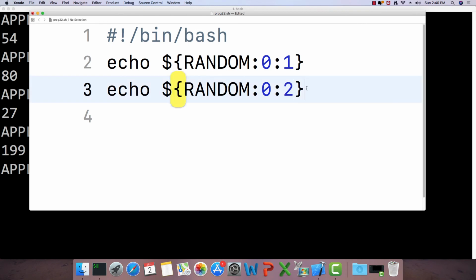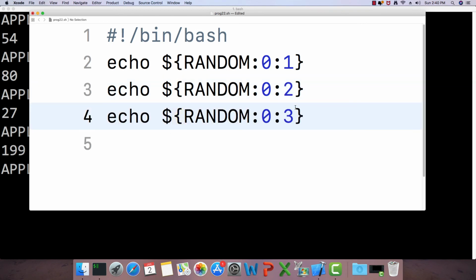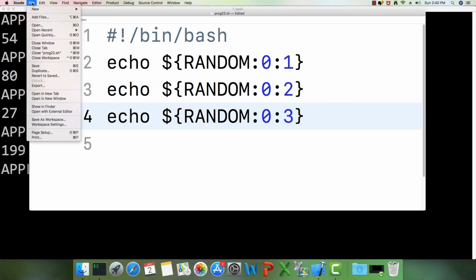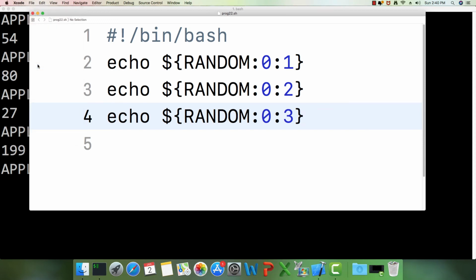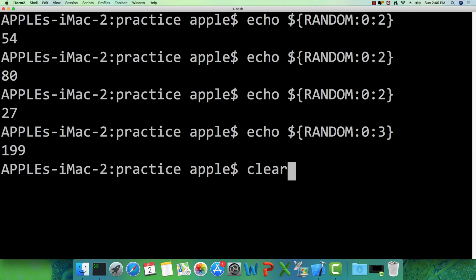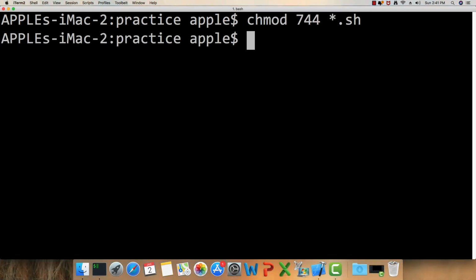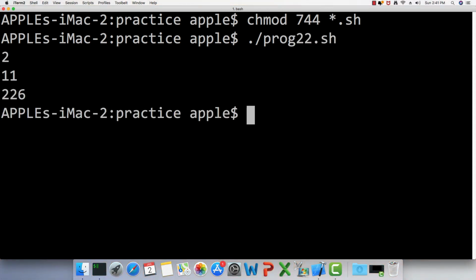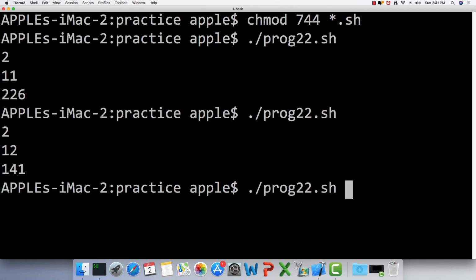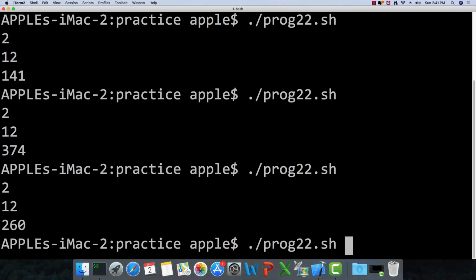Here we have 2-digit and here we have 3-digit. I'm going to say file and save, and I will clear it. And let us change the privileges. prog22.sh, and here we have the random numbers every time we execute it.